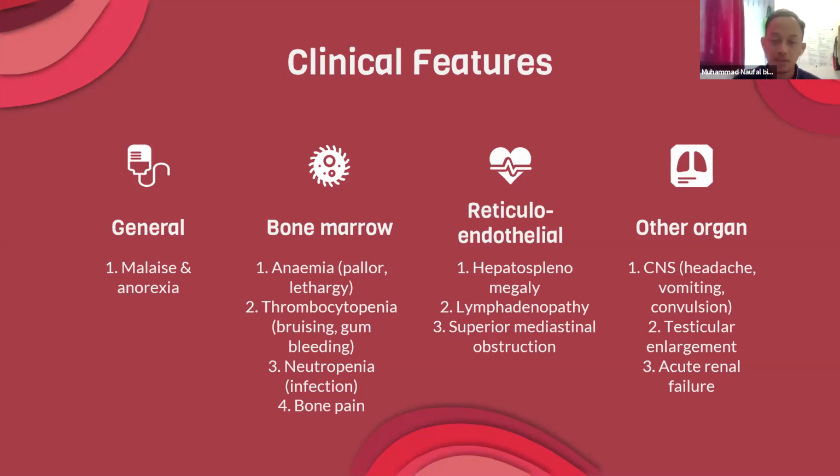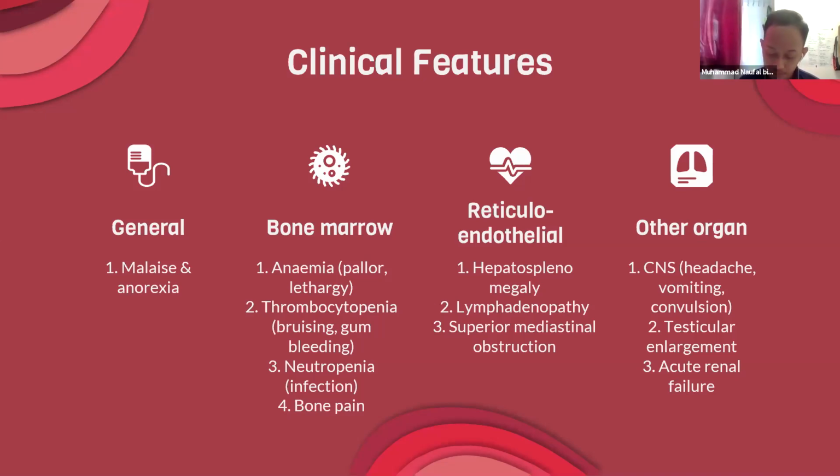Okay, next, there will also be the organ infiltration. The first one is the reticuloendothelial system. There will be hepatosplenomegaly, lymphadenopathy, and also superior mediastinal obstruction, which is the infiltration of the thymus that can cause obstruction at the surrounding organ. And also the last one is the other organ that can be involved in this